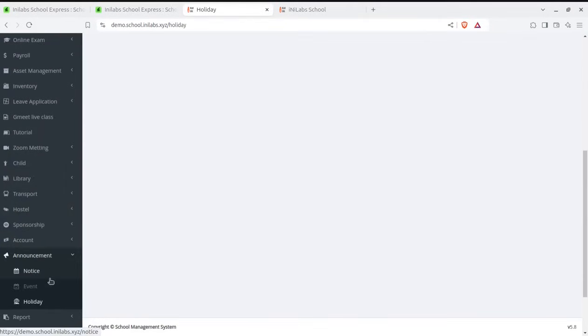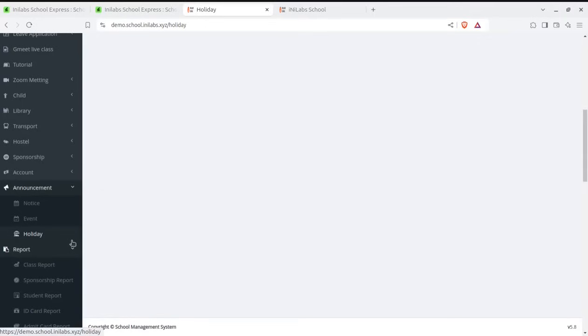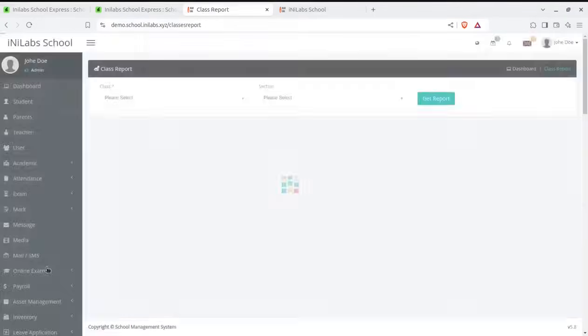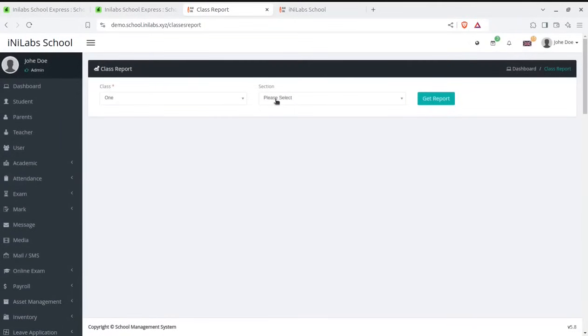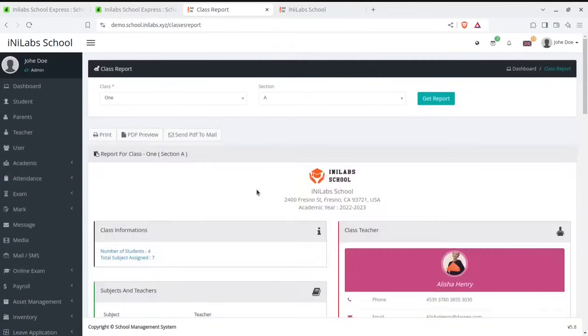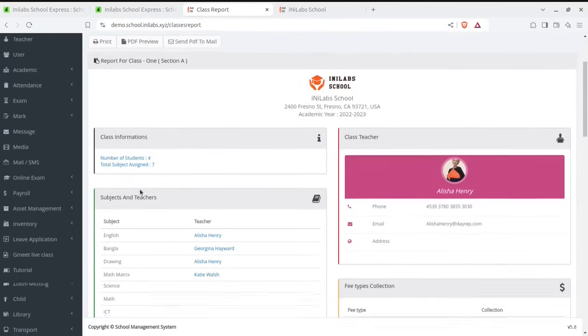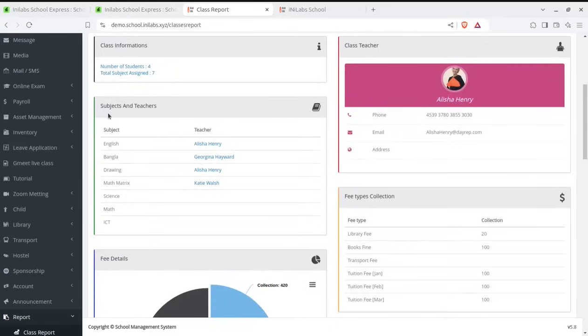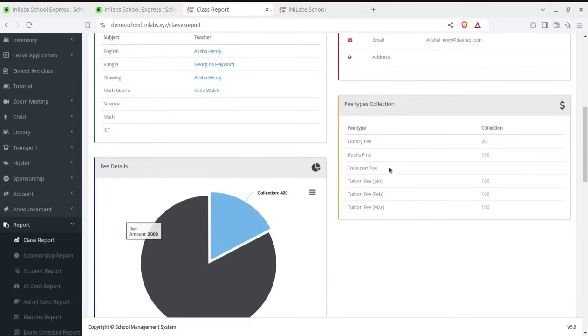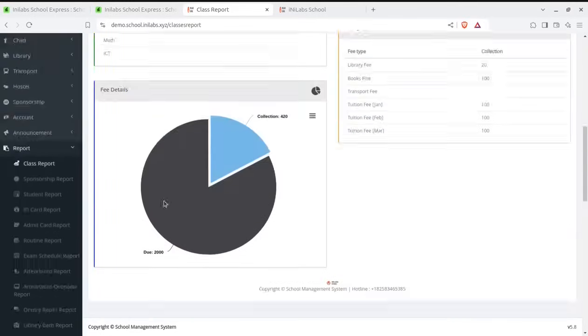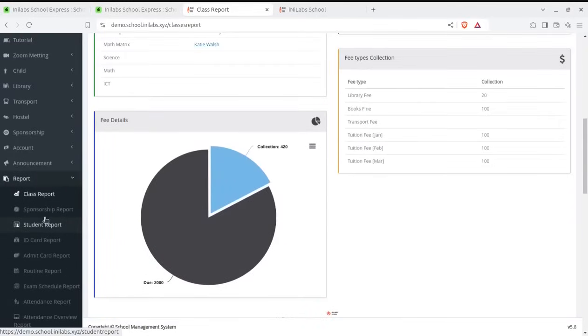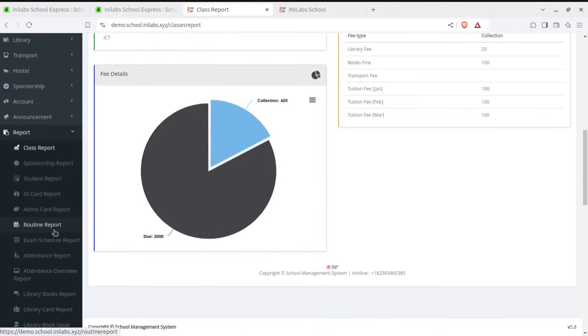Next is the reporting module, which is really very important for the management information system. For the class reports, a class can be selected and the report can be generated in a single click: the class teacher and number of students, total subjects assigned, the subjects and teachers, the fee details, the fee collection types and all. Then a sponsorship report, student report, ID card report, admit card report, routine report,